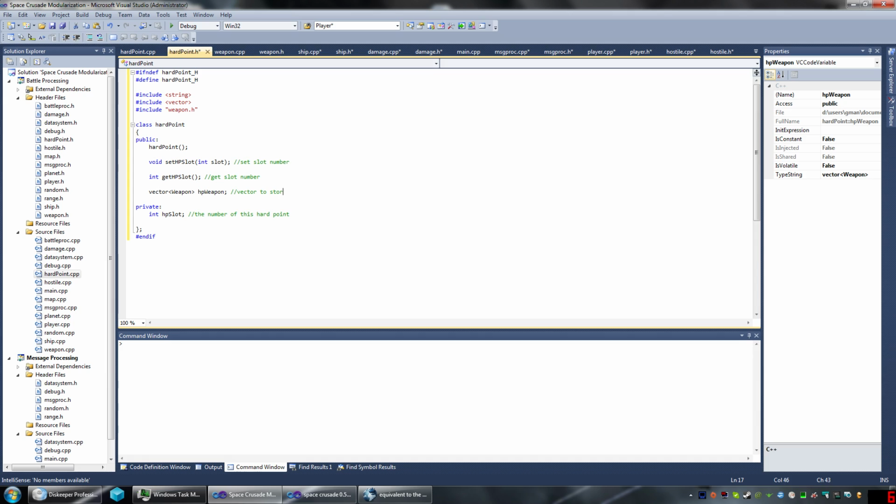Vector to store weapon. And the reason I'm using the vector is just because, well, I guess I could use an array, couldn't I? No, we don't need to use a vector, do we? Because this is going to be a vector of these. So we just use weapon, just like we do with the ship class. It's just going to be a weapon reference. Okay, so